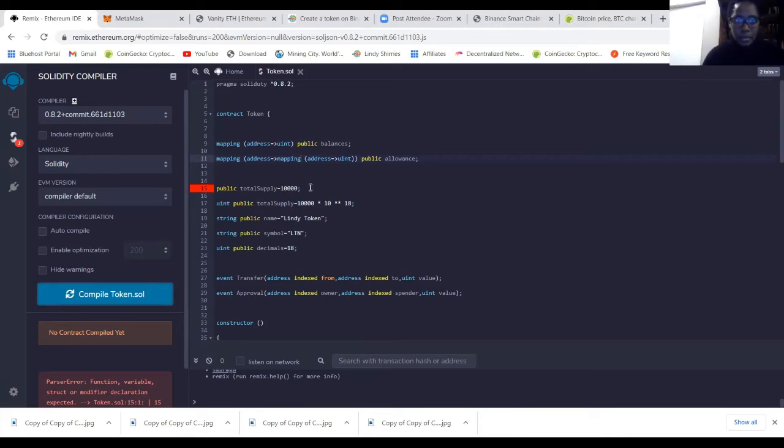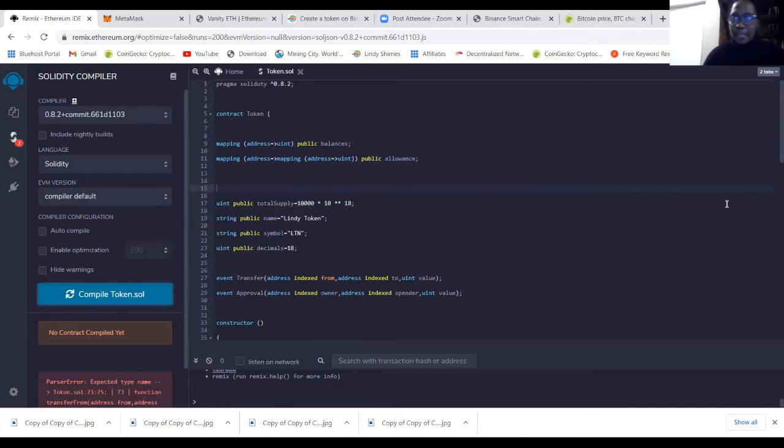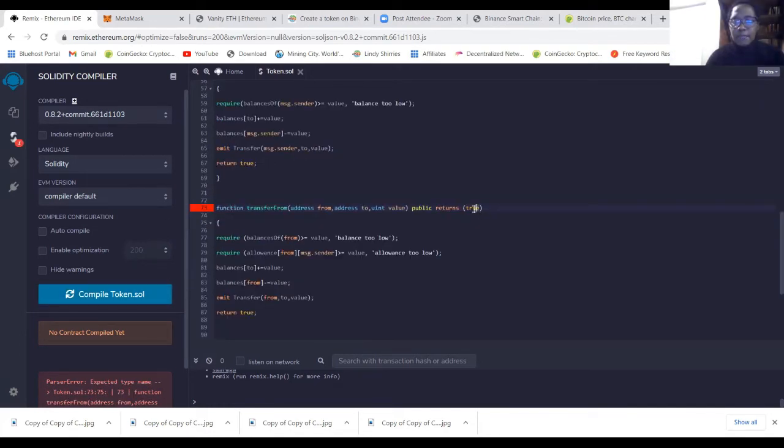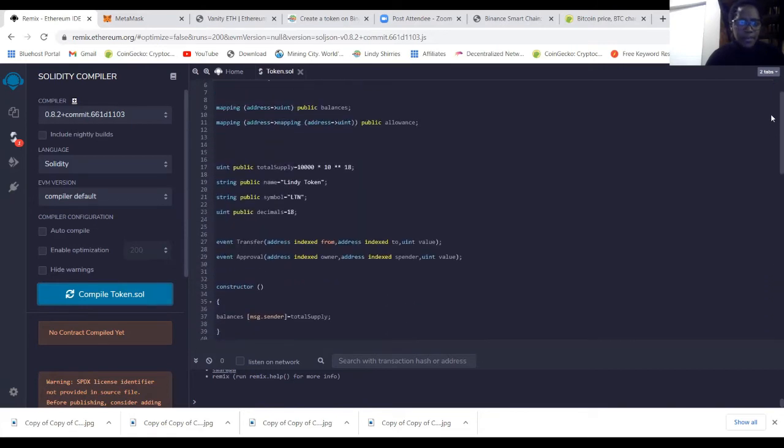So I don't need this one, I'll just remove it. And then you compile again. This return value shouldn't be true. It should be bool. Bool is a data type that takes yes or no. And then you compile again, and you will see that I no longer have errors, but then I see